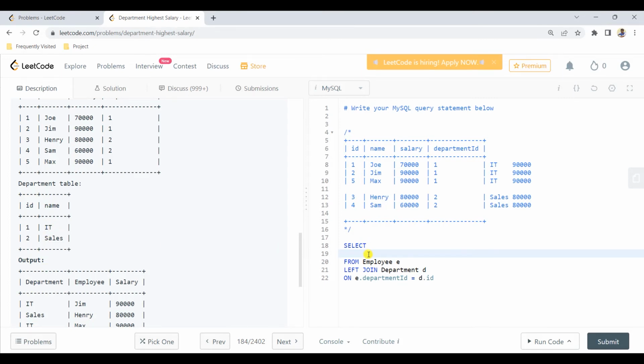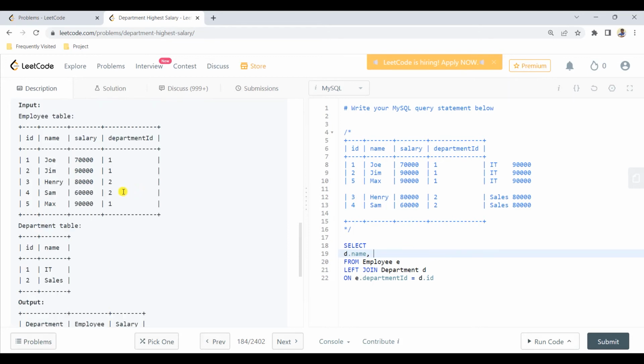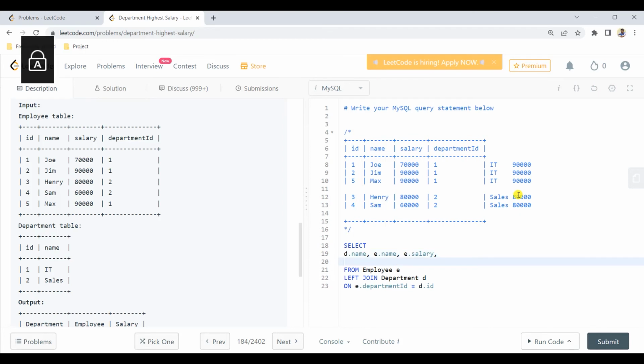So department name comes from the department table, so I'll alias this as D dot name, comma, and then we are going to take the employee name, right? Employee name comes from the employee table, E dot name. Then we need the employee salary, so I'll write E dot salary, and then we are going to take the maximum salary, the new column. So here I will have maximum of salary,